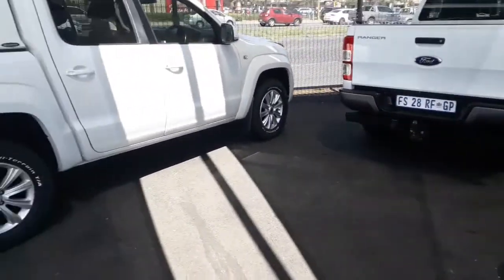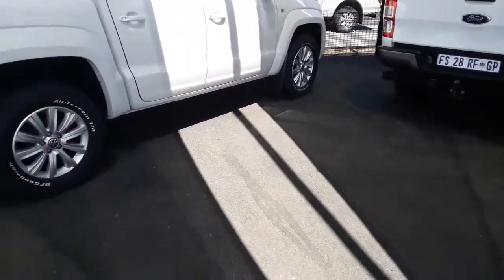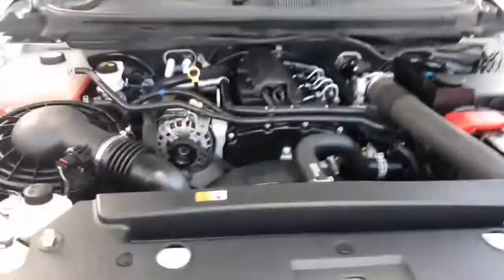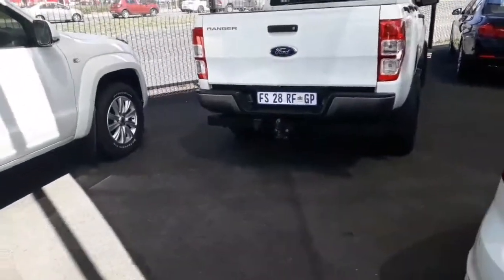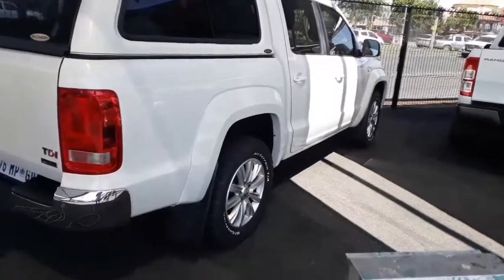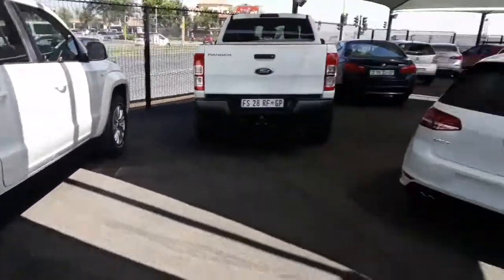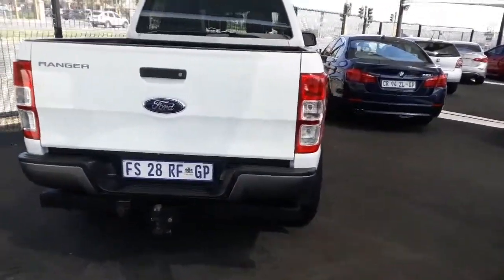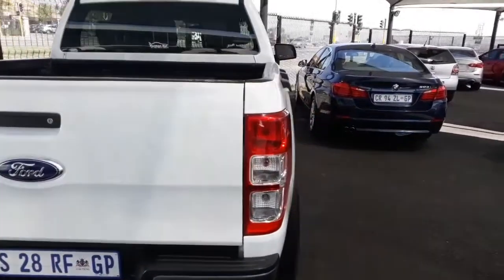Critically analyzing everything from the exterior to the interior and to the engine performance, I've come to a conclusion that the winner is the VW Amarok. The reasons why the Amarok is better than the Ford Ranger, personally I have to say, is that it's got a flamboyant look for a bakkie, and the interior is captivating. The engine packs a lot more punch. And this doesn't mean that the Ranger is not good at all. It serves its own purpose, that is particularly for someone who's always out and about in a bakkie and carrying out